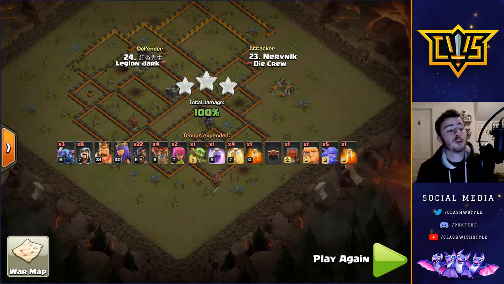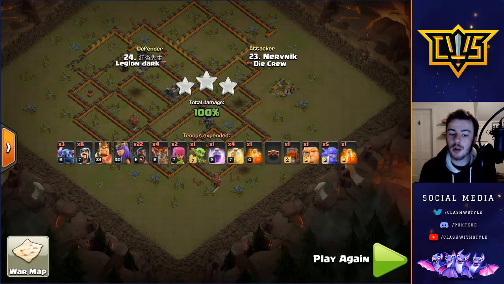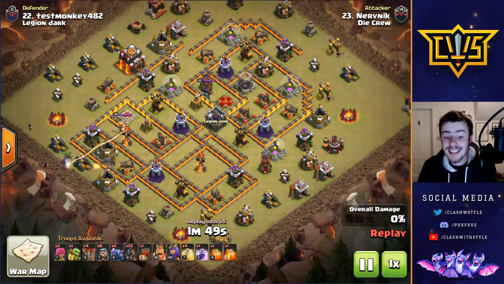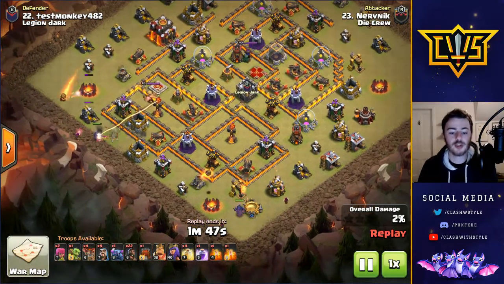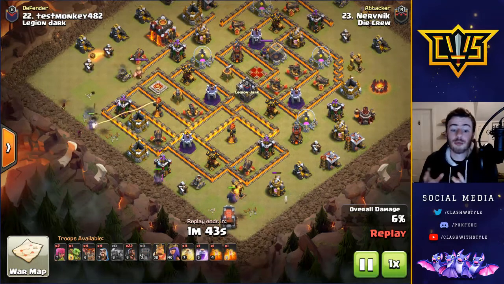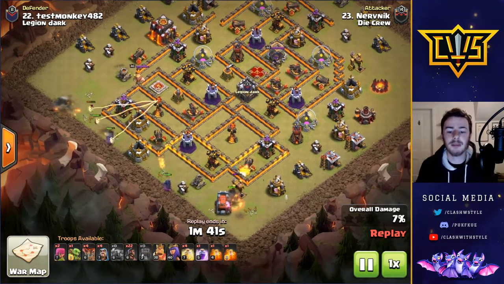So without further ado, we will go and take a look at the last example, which is pretty much the exact same army composition, to see how they go about it. So we have Nerve coming in again, and it looks like it is exactly the same army composition. So all 3 of these attacks have gone in with exactly the same army composition. So it's going to be really easy for you guys to just copy that army,